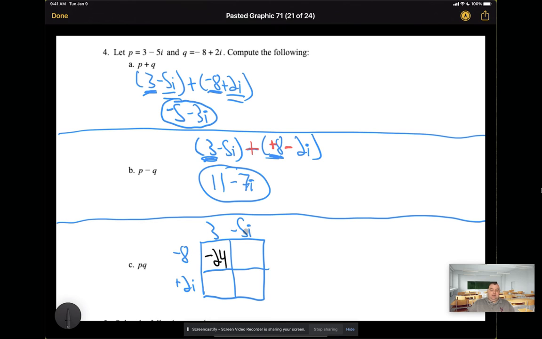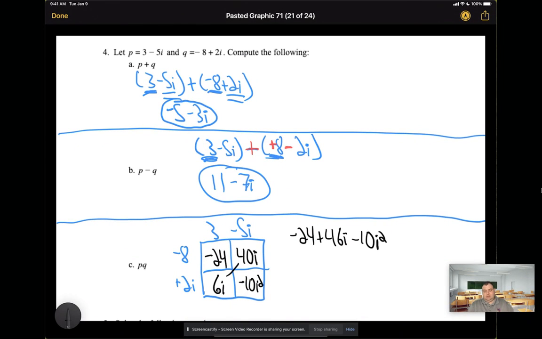Negative 8 times negative 5i. Negative 8 times negative 5i is going to be a positive 40i. 3 times 2i is 6i. And negative 5i times 2i is going to be a negative 10i squared. So I put that together, I end up with negative 24. 40i and 6i is 46i. And then minus